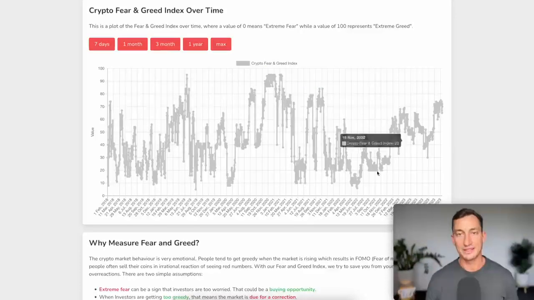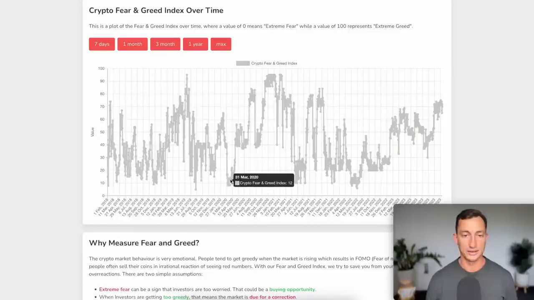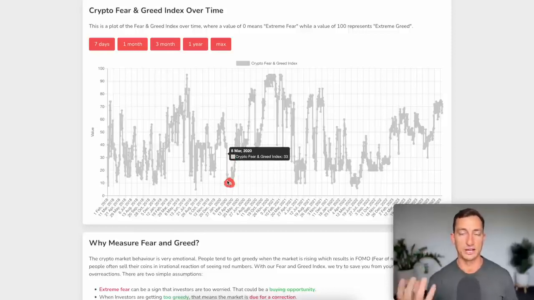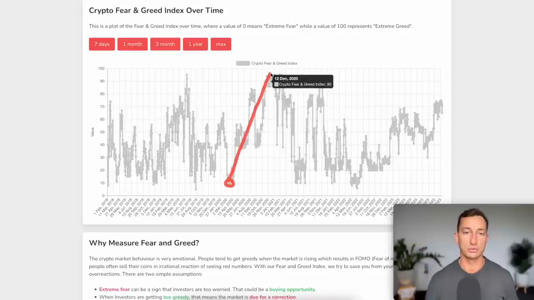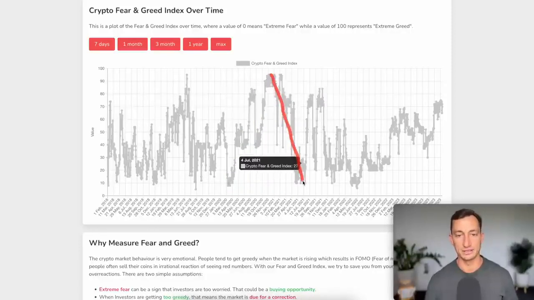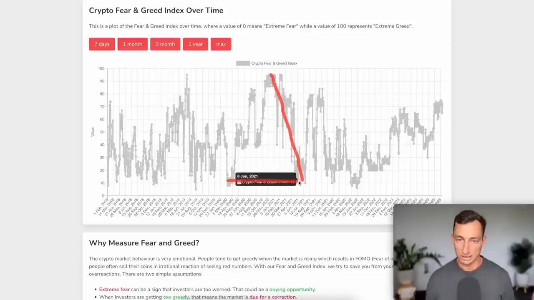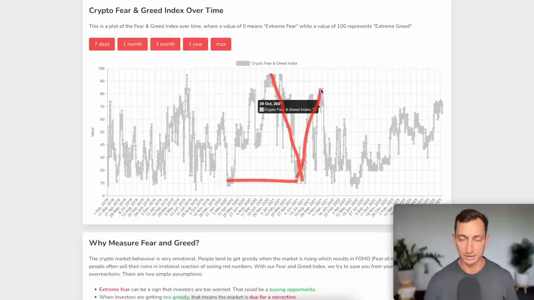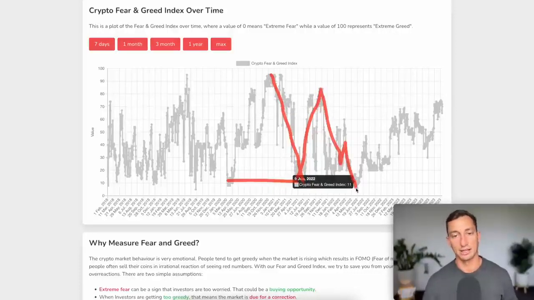Now, this is the longest run in history. You can go back to the previous cycle. We had the March and April bottom in the sentiment. Obviously, that was the COVID crash in 2020, and that ran straight up into December and January. So not long there, really about 9 months tops, 9 or 10 months maximum, before we had a very, very significant collapse in the market sentiment coming all the way back down to refresh it, to clear out the greed in the market. One last ditch attempt. I think I'm getting my words right there. And then a collapse yet again.